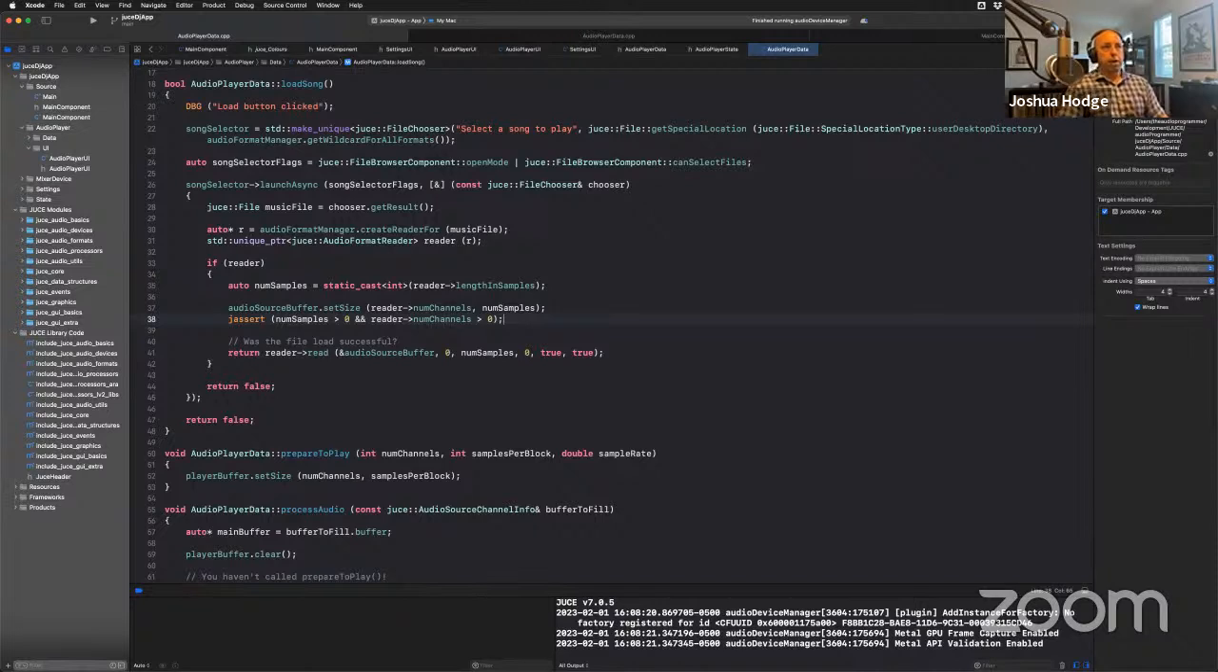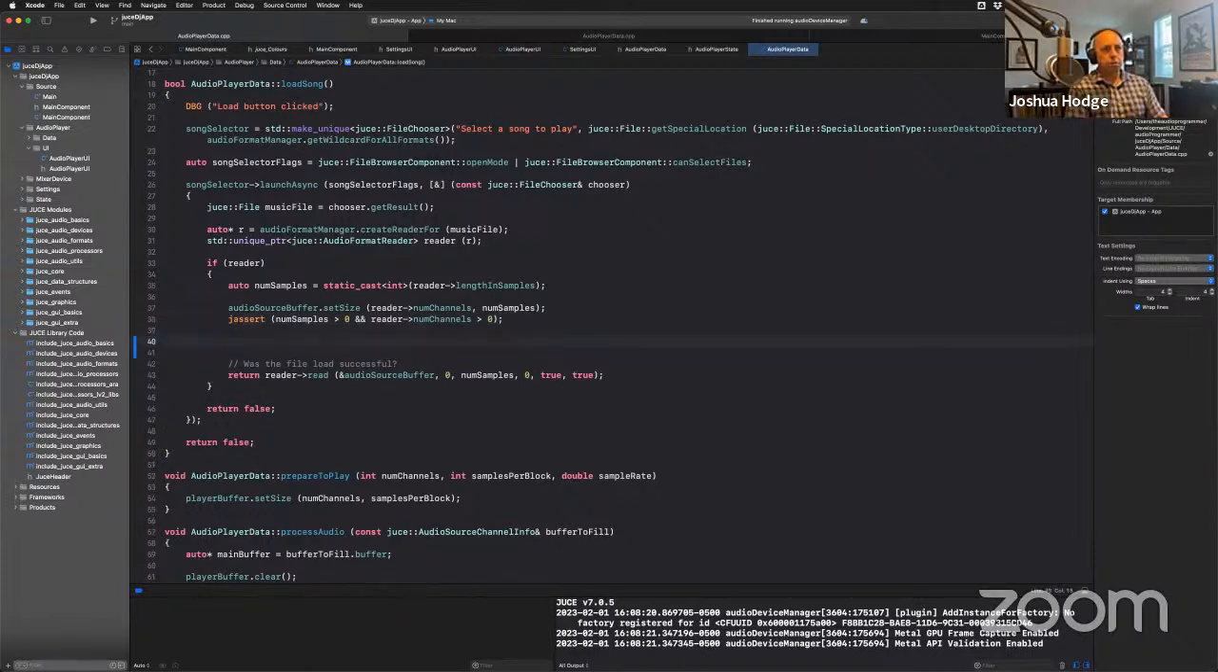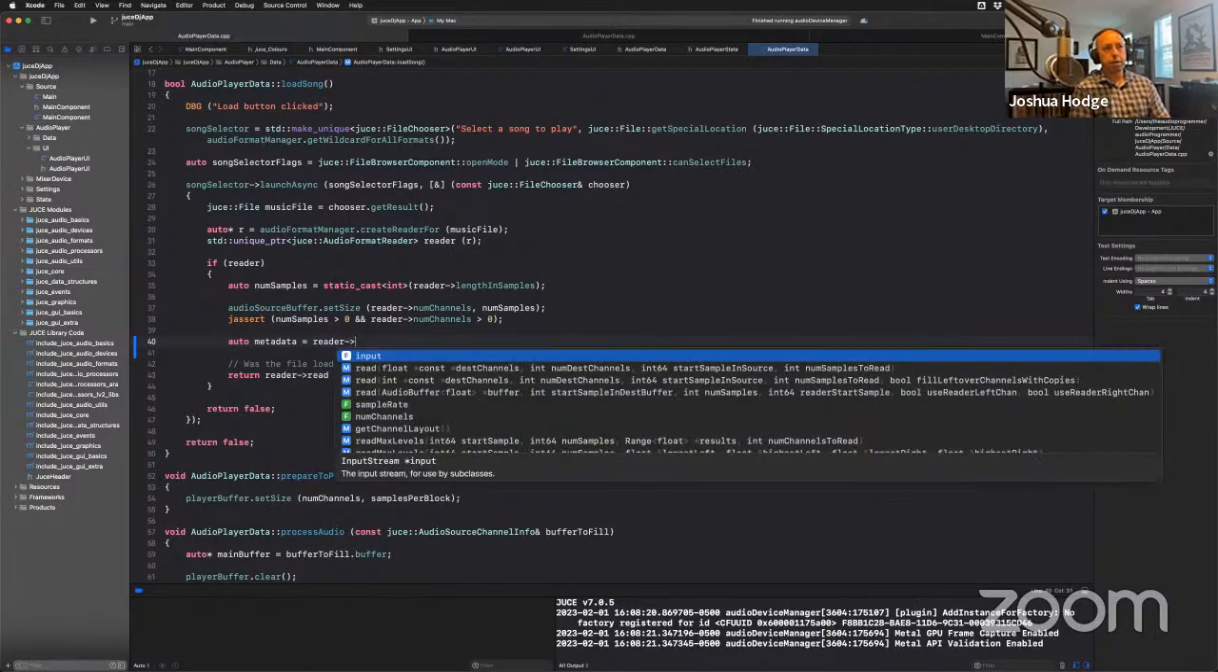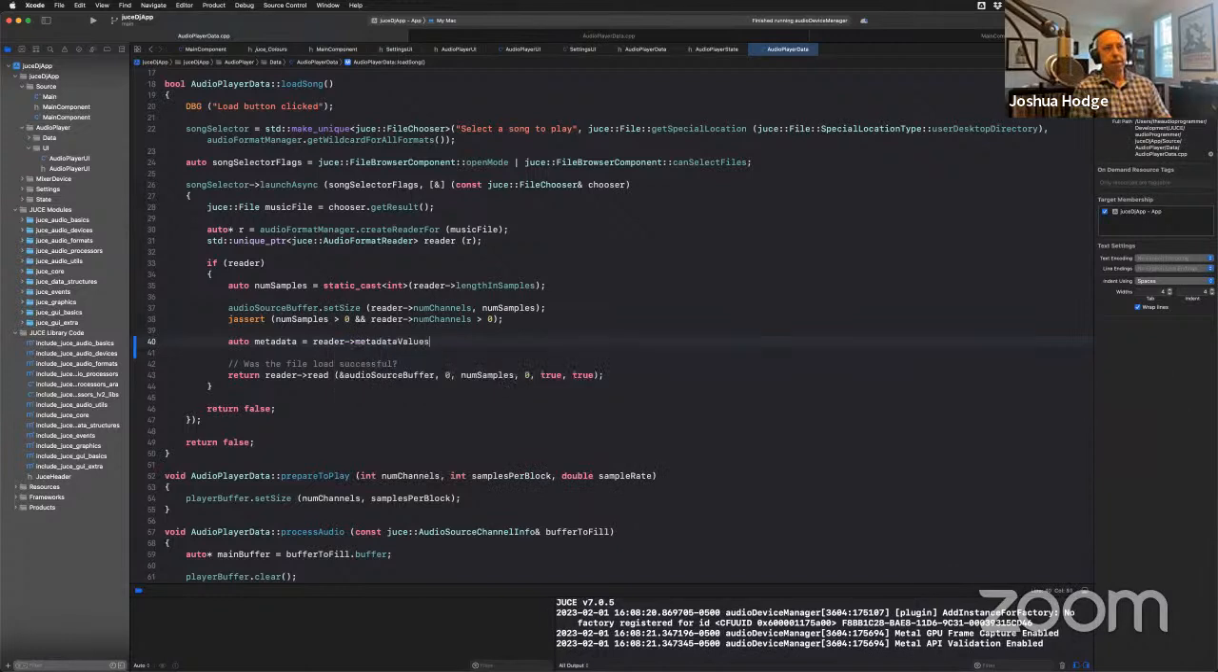So what I will do here is I'm just going to add a line, and let's call this auto metadata equals reader, this is a pointer, metadata values. Just to show you what I'm getting that from,